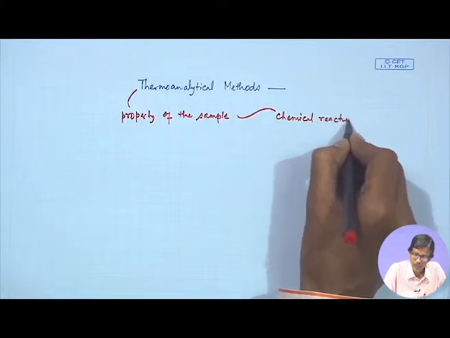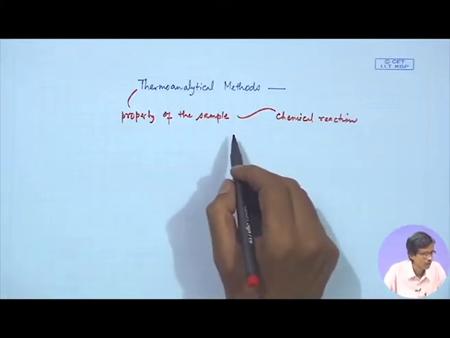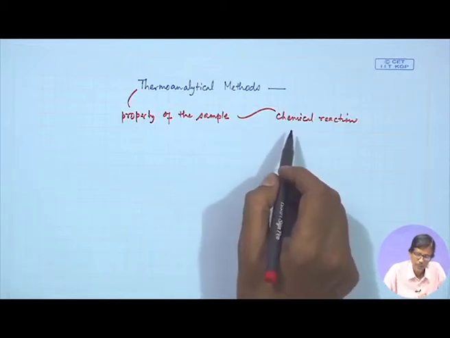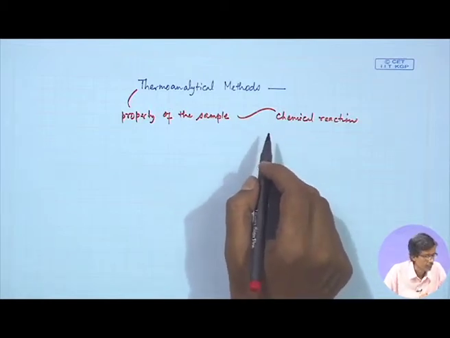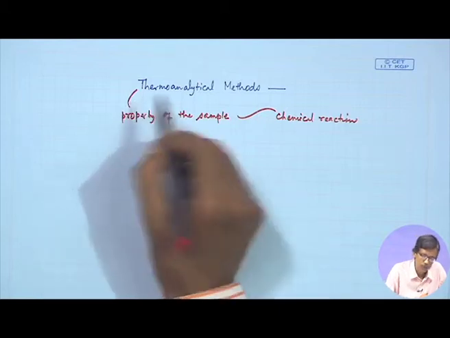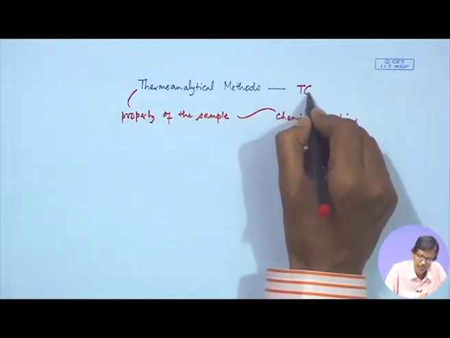So, if there is a typical chemical reaction, we can find that it is associated with a certain temperature change. So, this is your TG analysis,